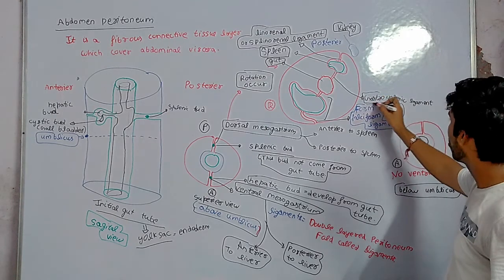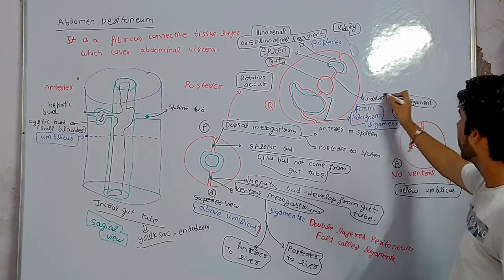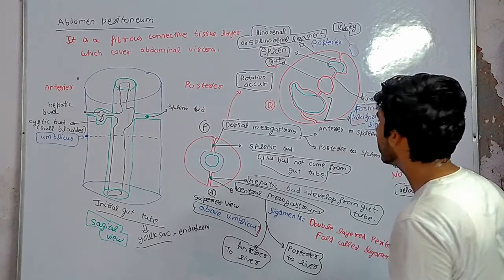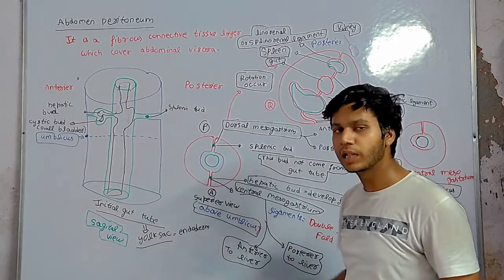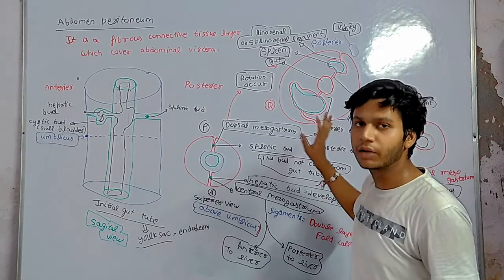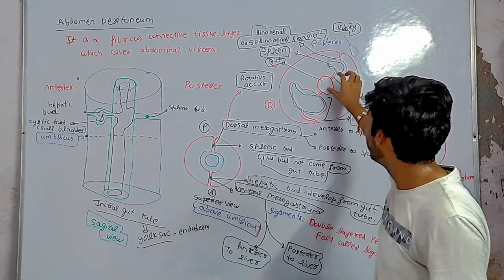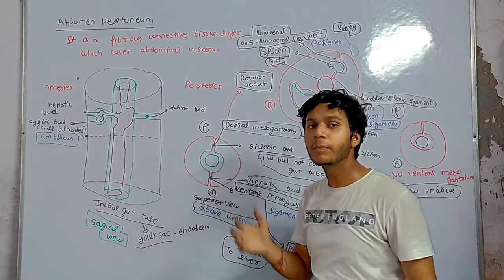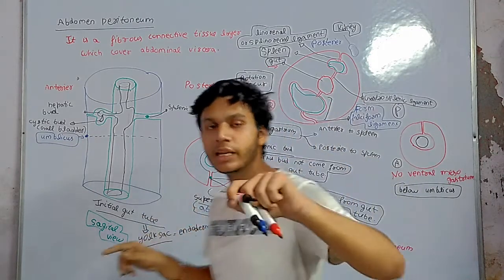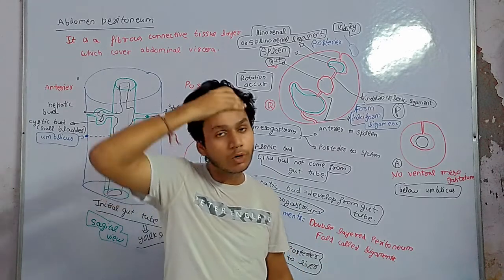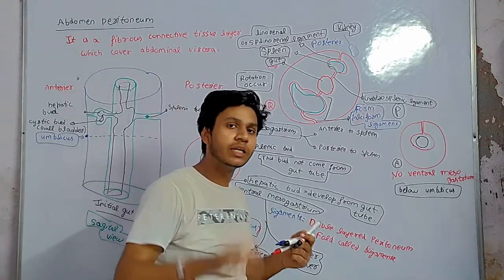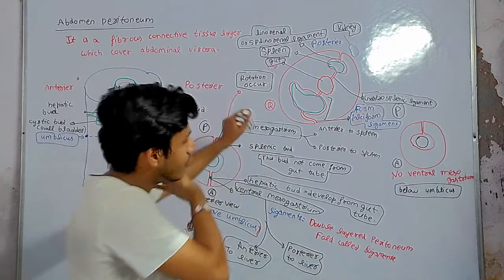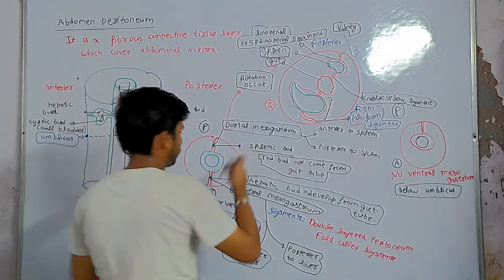Done. So there are four folds of peritoneum formed here. Three have developed. The anterior part of the ventral mesogastrium developed into the falciform ligament. The posterior part remains; we will cover it next. The anterior part of the dorsal mesogastrium developed into the gastrosplenic ligament, and the posterior part of the dorsal mesogastrium developed into the splenorenal and lienorenal ligaments. So four parts develop.